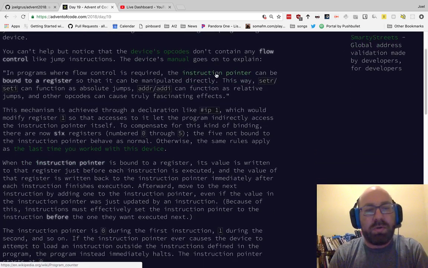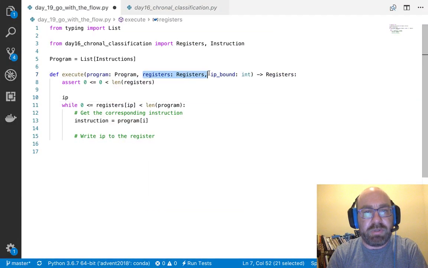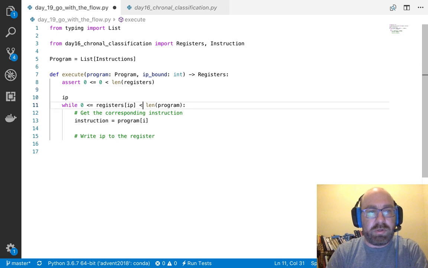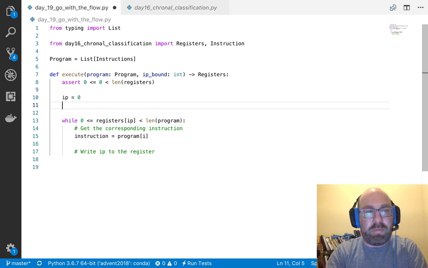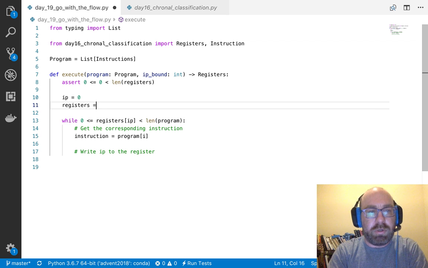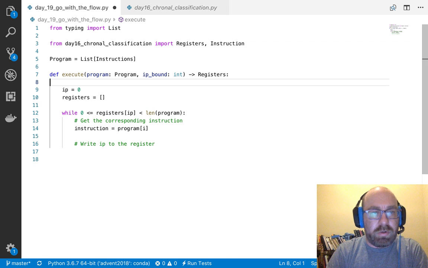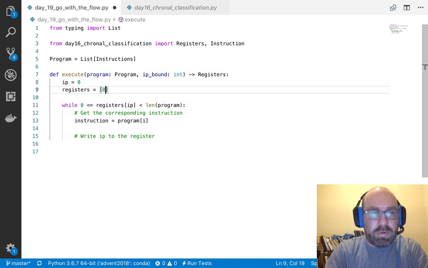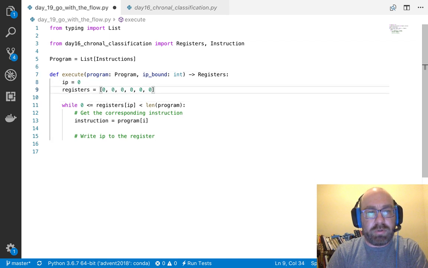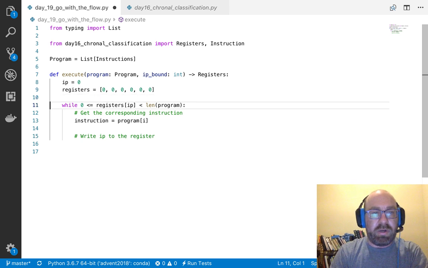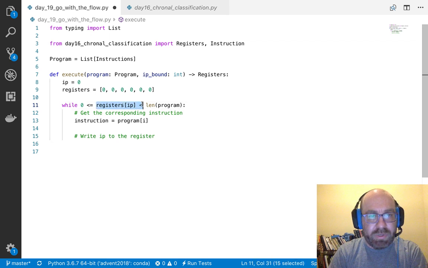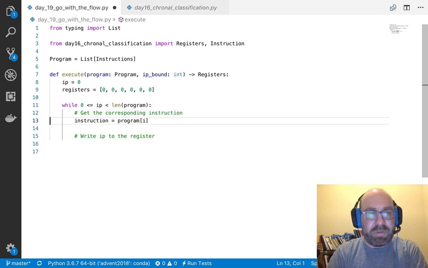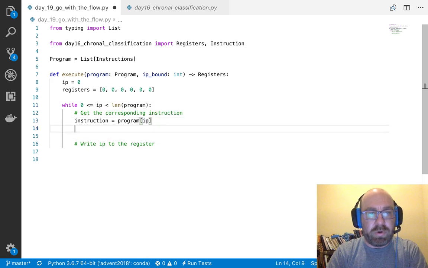So the registers always start at 0, so I don't think I need to even pass those in. So I start with IP equals 0, and registers equals 0, 0, 0, 0, 0, 0. So there's 6 registers. And so now what I want to do is I say while IP is between 0 and length of the program, instruction equals program IP,